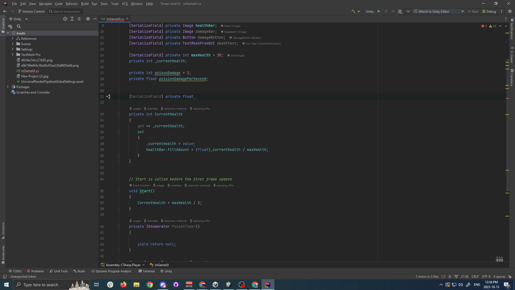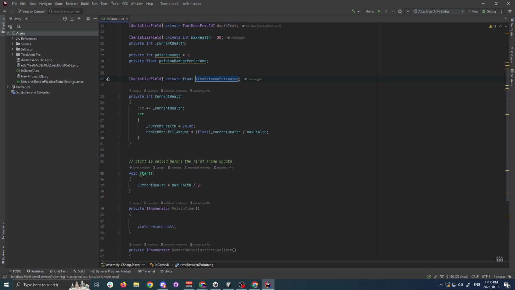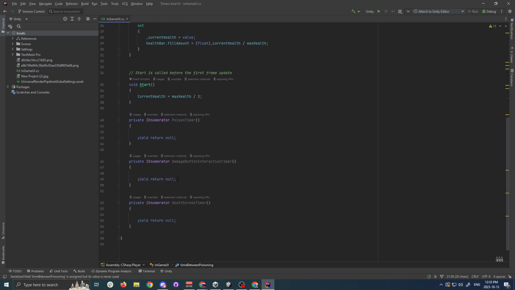And it's going to be the time between poisoning. Why not? Goodness. And you can see how Unreal convention is confusing me, because in Unreal you type differently. Anyways, so with this, what we're going to do is in this function over here, we want to have our